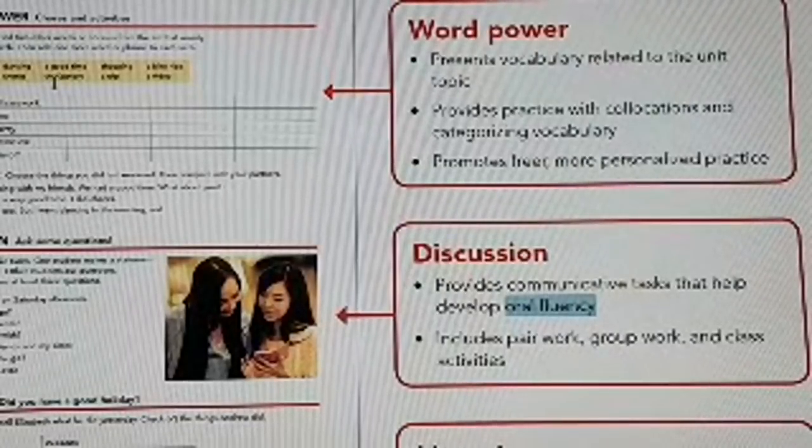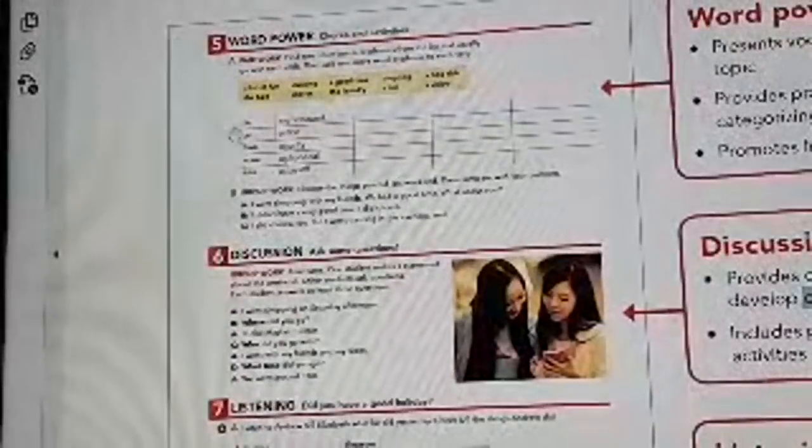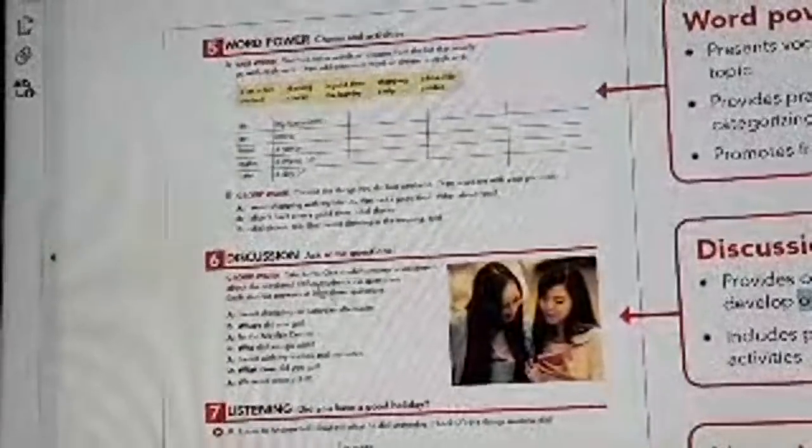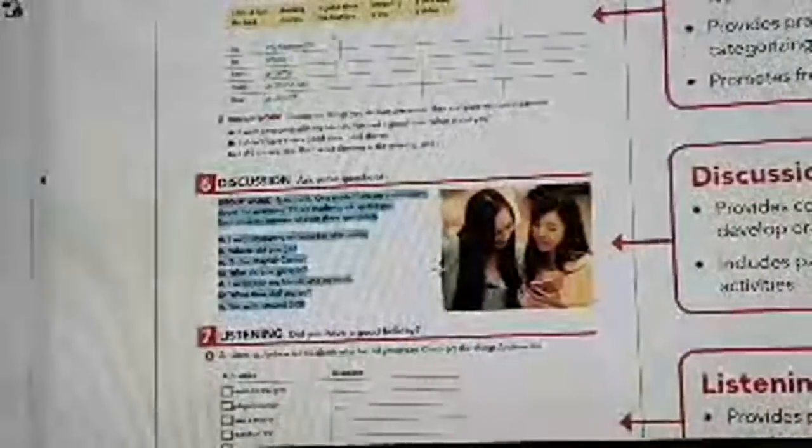Well, by following the sequence that I just mentioned, empowering students with word power and creating useful and engaging discussions so students would be able to start communicating. Now, don't think that the course book is planned only to set students free and that they're going to be over challenged in this early stage. In this early stage, students are gaining confidence, but still it is a controlled environment, where they feel comfortable,